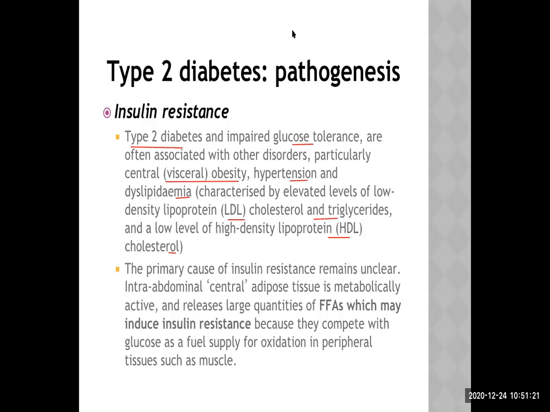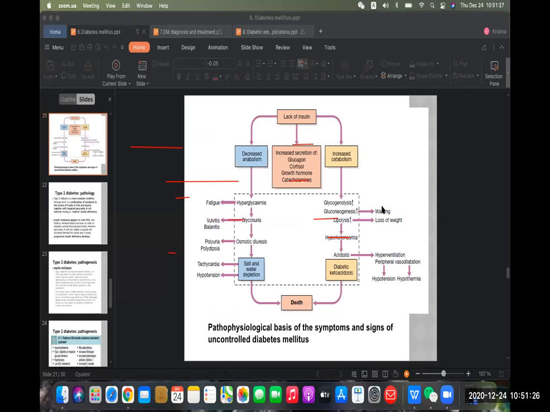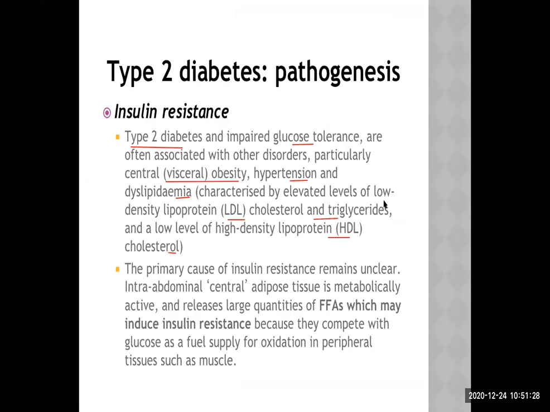Sometimes the person doesn't look very fat or obese. The person is carrying excessive deposition of fat in the inner parts of the body, like around the tummy, around the waist area. This is known as visceral obesity. This visceral obesity is responsible for development of insulin resistance, and that same patient may have dyslipidemia, an excessive level of the bad type of lipid and a low level of the good type of lipid. So this is the meaning.